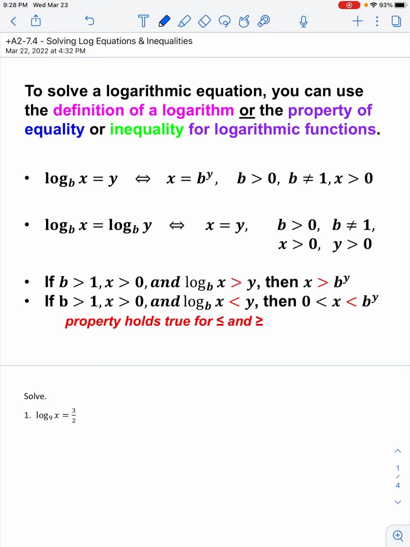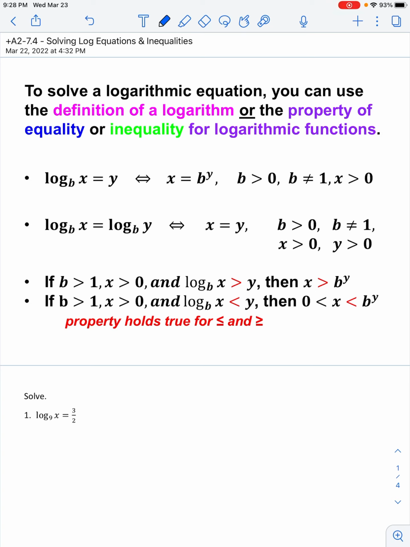This is the lesson for 7.4, Solving Log Equations and Inequalities. As you can see in the PowerPoint, if we are going to solve a logarithmic equation or an inequality, we can either use the definition of a logarithm, that's the first bullet, and as you can see here, if you